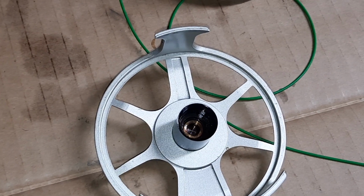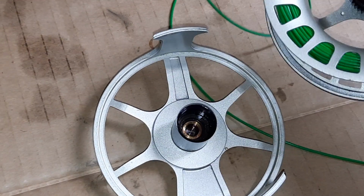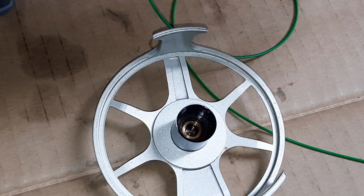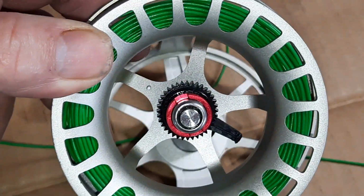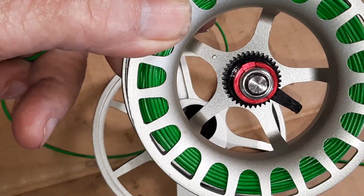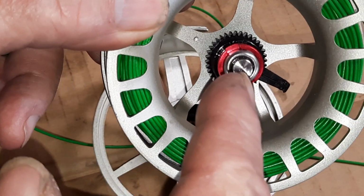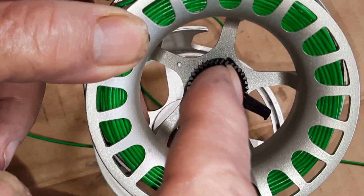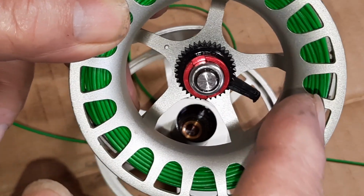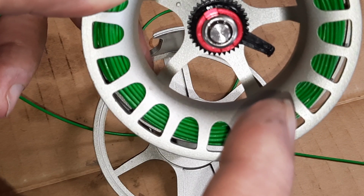But that's not really the way you should do it. What if it ever happens to you where this spool falls off and it looks just like this? I'm sorry, I didn't get it on camera. When this spool falls off, and if it looks like this, which is the wrong way, it shouldn't look that way. If you had an extra spool, so this spool has a floating fly line on it, and if you had an extra spool that has, say, a sinking fly line on it,